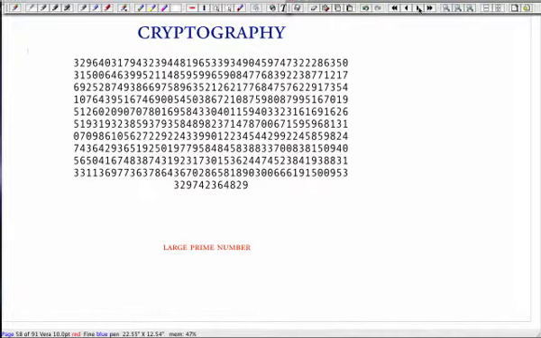Wouldn't work, because for crypto you need like 1,000-bit keys, right? So to check whether a 1,000-bit number is prime by using the sieve, I would have to do 2 to the 500 amount of computation. Okay? So not a good idea.